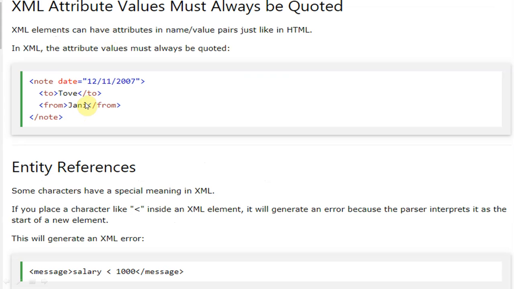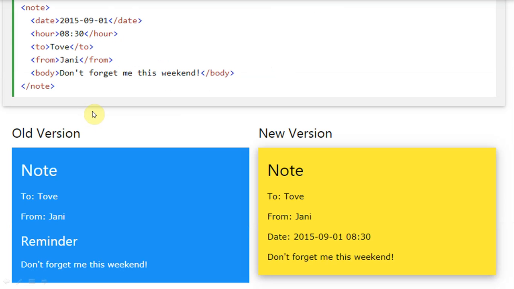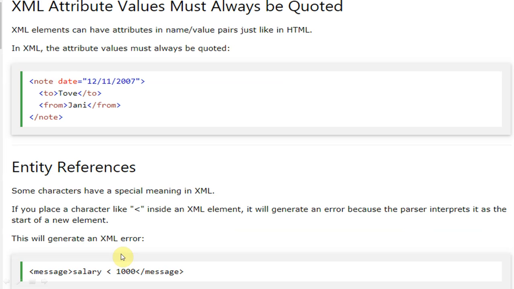So there are two ways like this of representing and sending data in XML. And sometimes there are some points that have to be noticed, otherwise an error will occur.